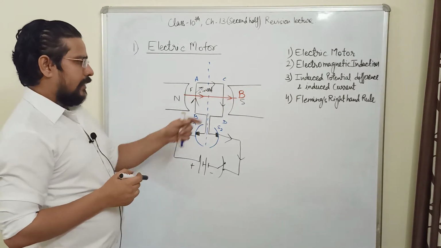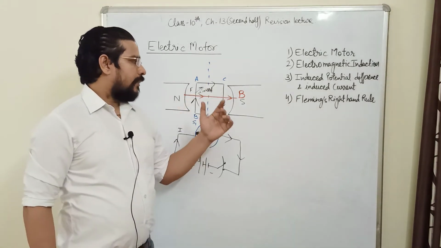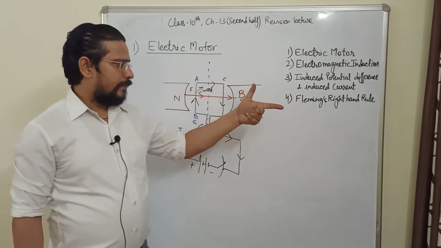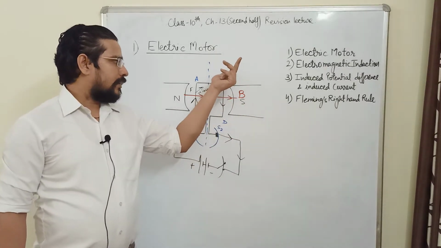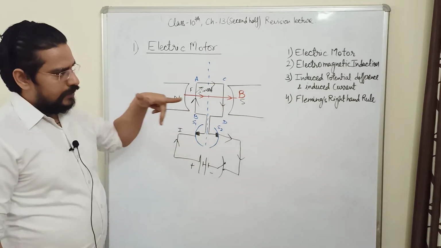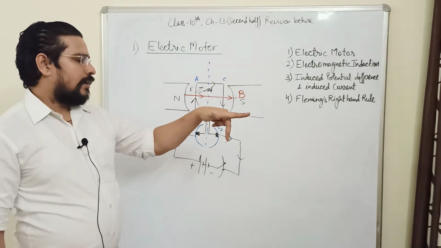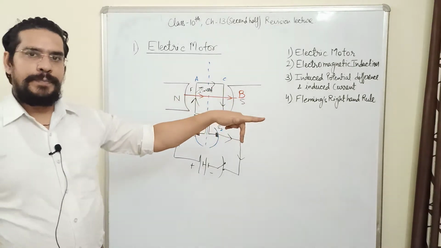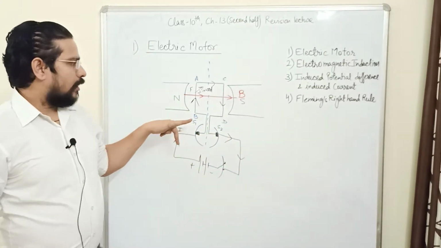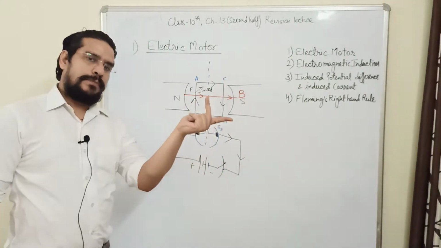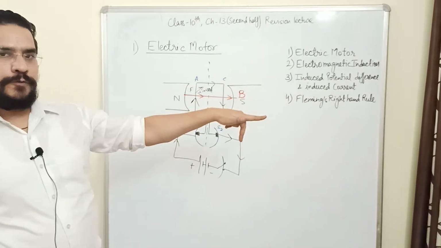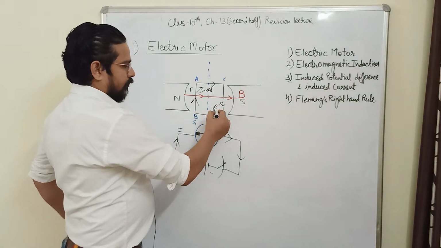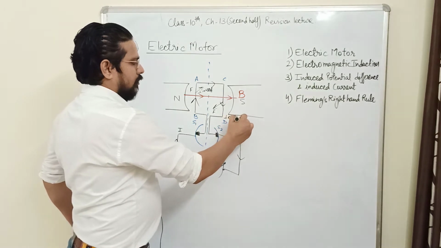Similarly, consider the CD conductor, and when we apply Fleming's left hand rule on the CD conductor, the direction of magnetic field is the same, but this time current is not in upward direction but in downward direction. So the magnetic field is applied, current is there, so the conductor will now feel a force in a direction coming out of the board, perpendicular out of the board towards you. So the AB conductor is feeling force in this direction into the board, while the CD conductor is experiencing force towards you. So let me represent this force also by this vector, perpendicular outward direction.